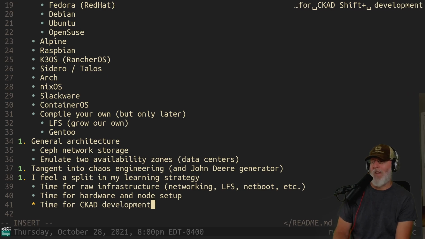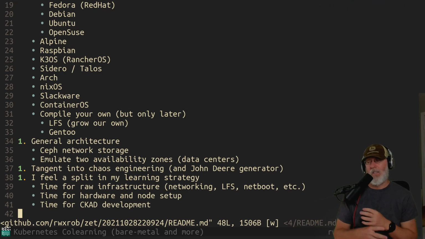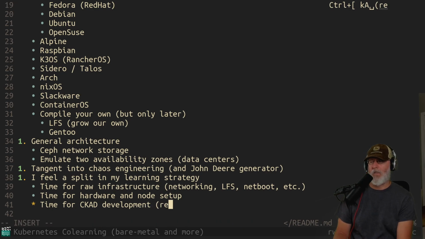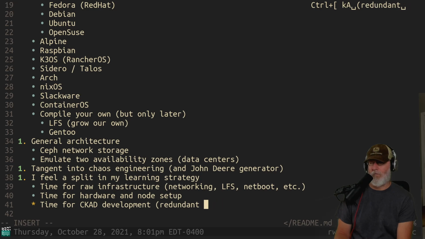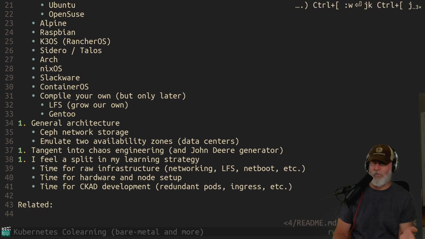I need to make a Kubernetes application or 10 and use all this stuff so that I can say that I actually know how to set up an ingress and a service and a redundant pod architecture, pods, ingress, etc. I want to make not just some Hello World app. I want to make a true app, and that's going to be a thing.